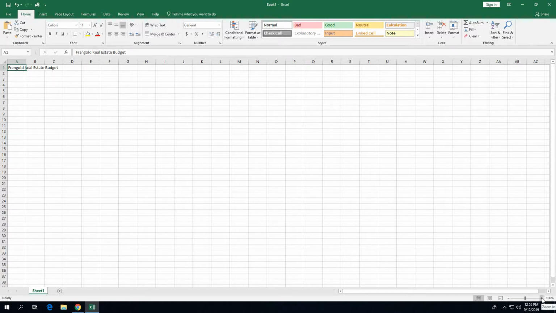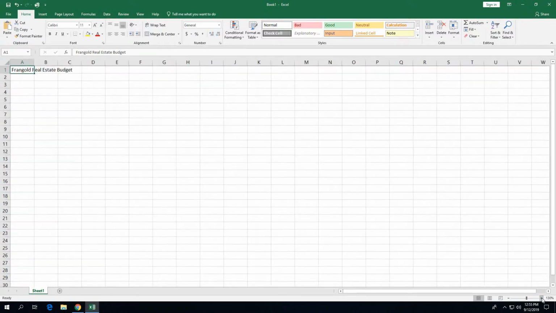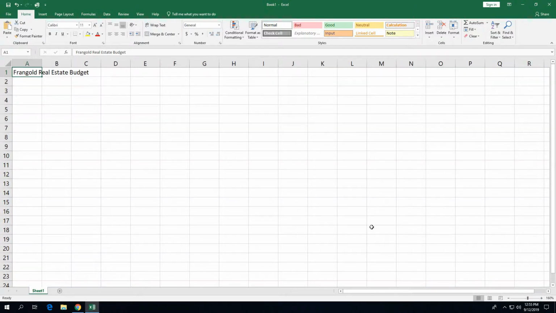And so that you can see what I'm doing a little bit easier, and so I can see it a little bit better, I'm going to zoom in by using the zoom box here. I'm going to zoom in on my worksheet a little bit. Alright. Then what we're going to do, once we've got the title typed into cell A1,